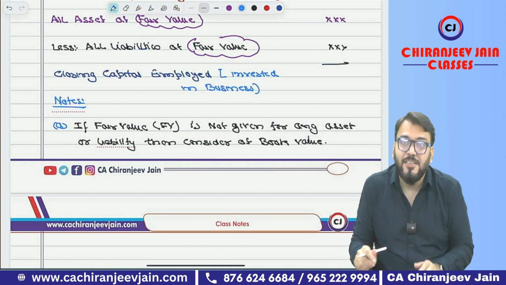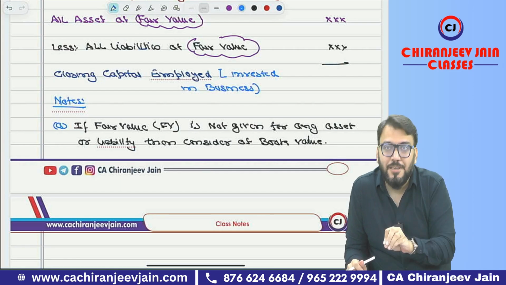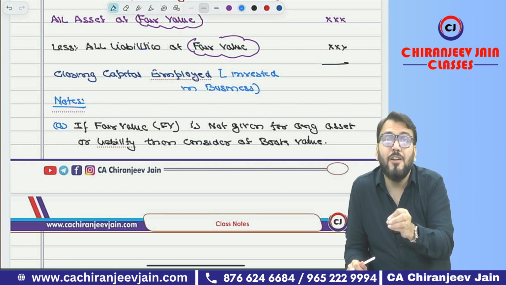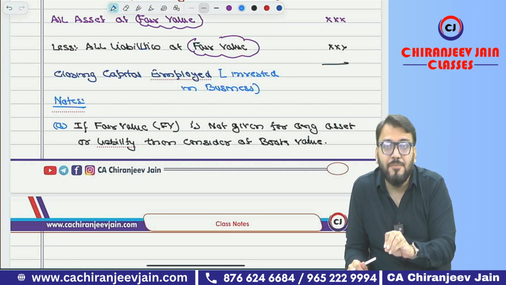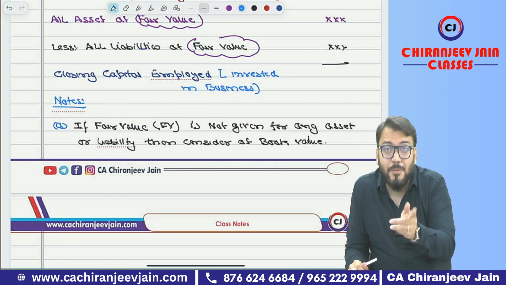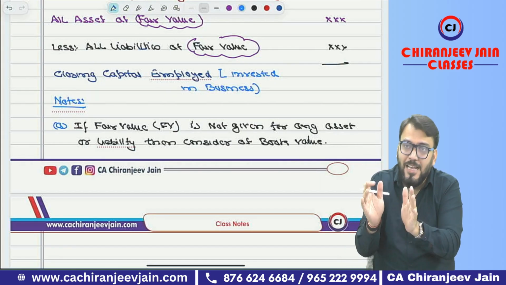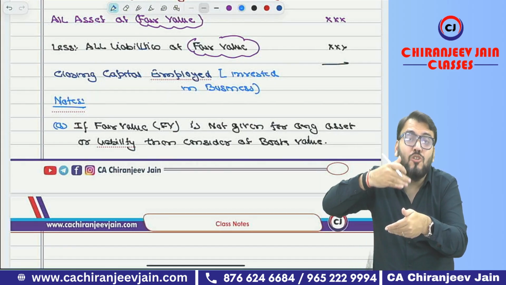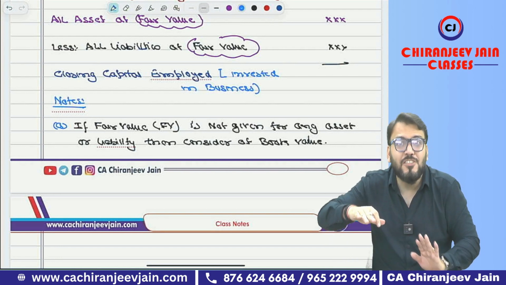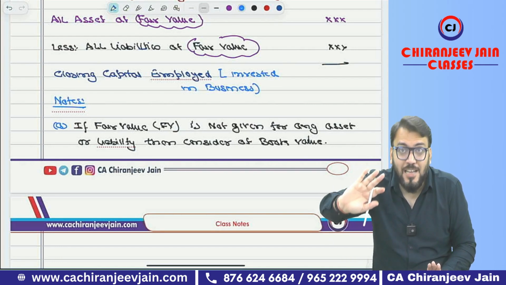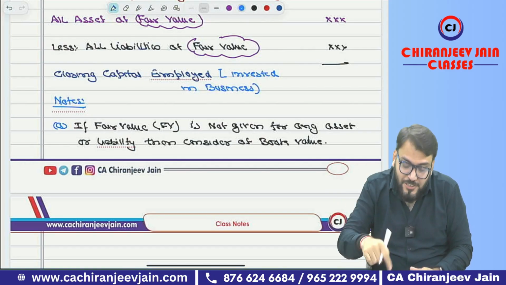There may be some assets which are actually non-operating, for example, non-trade investment, or there may be some investment property which is used for earning rental income. So rental income is non-operating income, meaning any asset from which we are earning non-operating income is actually invested outside the business,